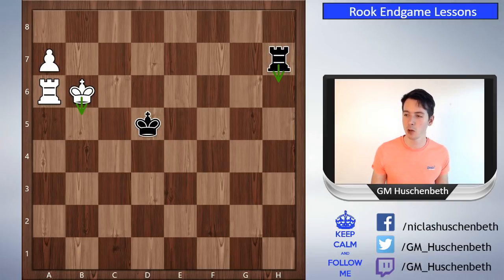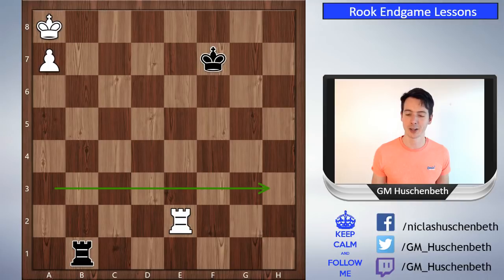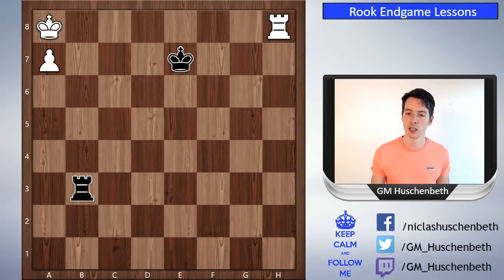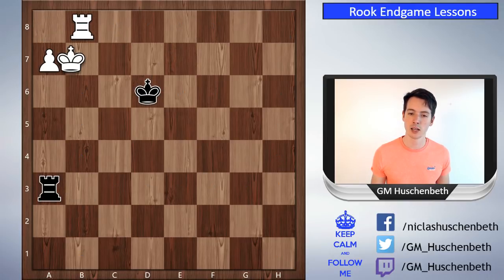Actually, there's one detail I want to add, one little good thing to know. If you are the defending side, you want to have your rook on the 3rd rank actually, and let me show you real quick why. So let's make a waiting move for white here, say like this. I found this to be an interesting detail in this whole variation, that in this line that we just saw,